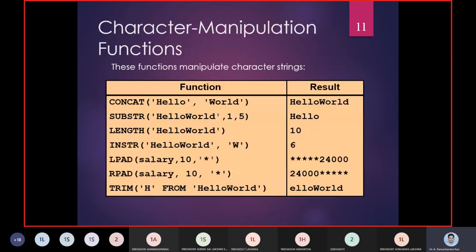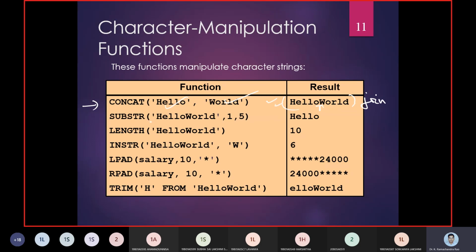Now, quite an interesting function in character manipulation: we need to join hello with world here. Now you can see hello with world, and there is no pipe, there is no separation here. The reason was we didn't have an empty space. So if you want an empty space, again you have to put a comma and fill up the space, and then concatenate the three, then we will get the empty space. Here between hello and world, we need to merge these two things into a common word. That's why we call it CONCAT.